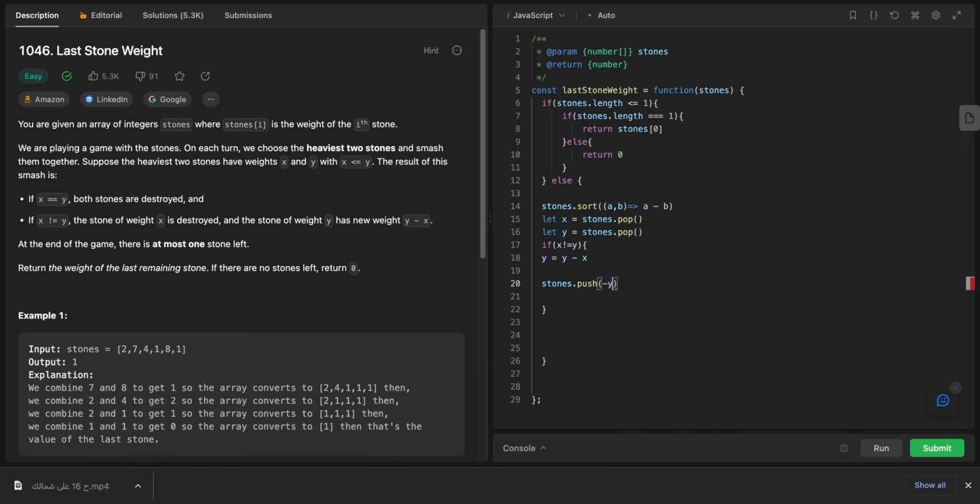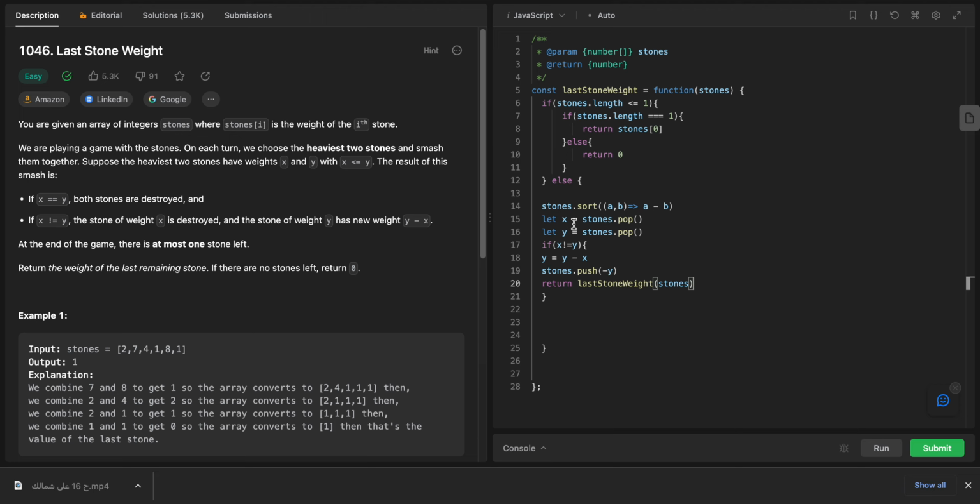I guess minus Y, because if Y is the smaller one and it's minus Y, minus equals positive. So we return this function again, and we pass the new stones array that we implemented,